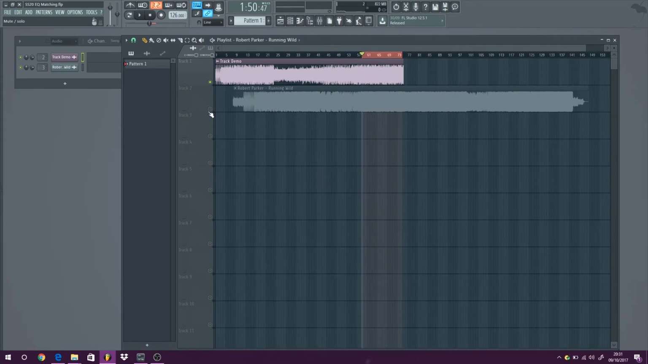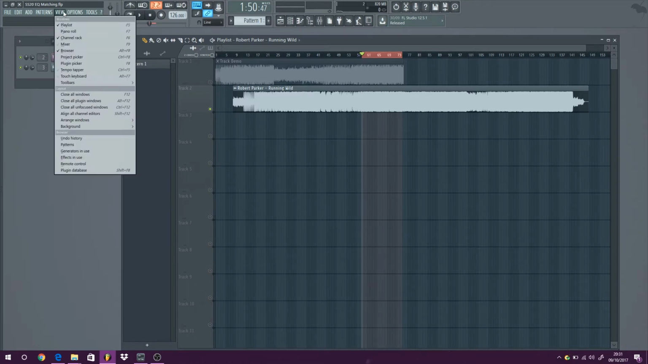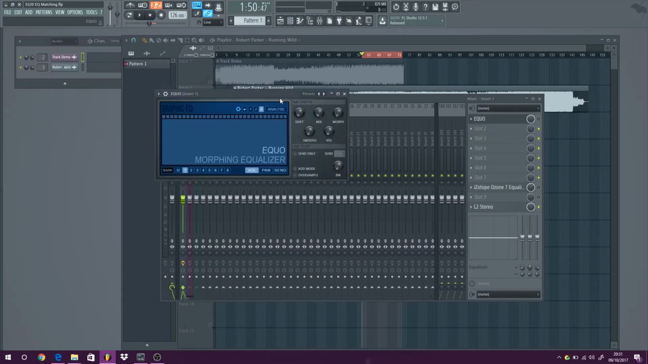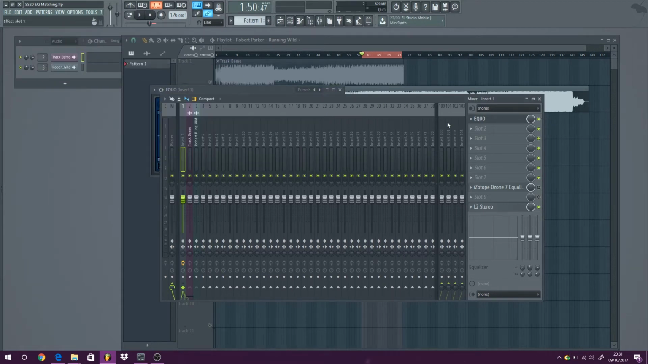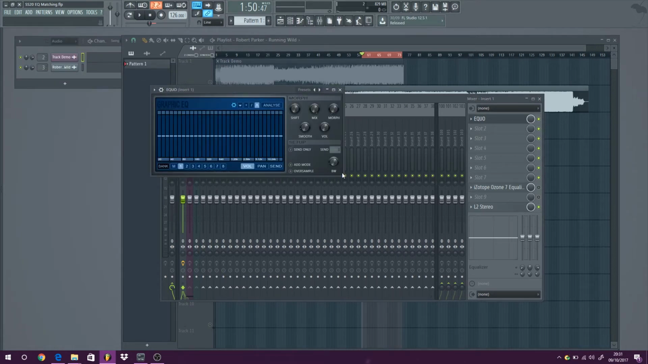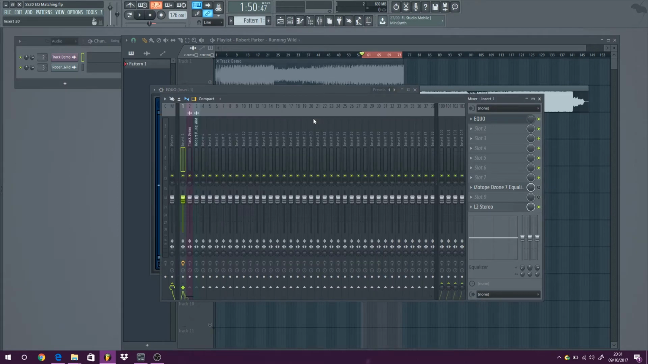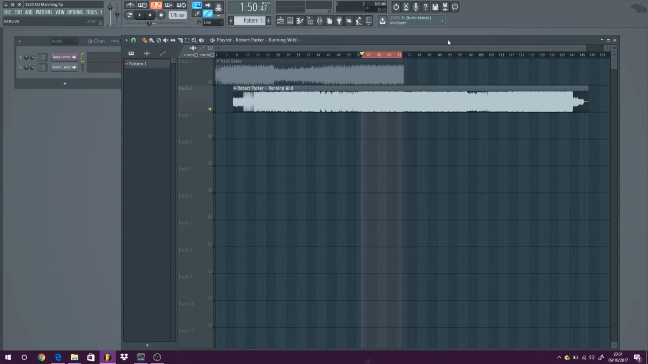So if you've got FL Studio, first of all, I'm going to show you a way which I found out very recently actually, from, I think it was a Showtech video. Anyway, so there is a VST called EQO. So we're just going to turn that on, and we're going to turn it completely off so it's not actually making any noise. And then I'm going to play Robert Palmer's track Running Wild,